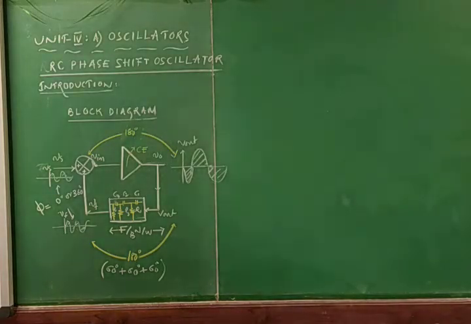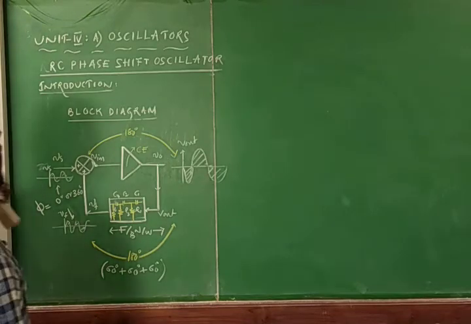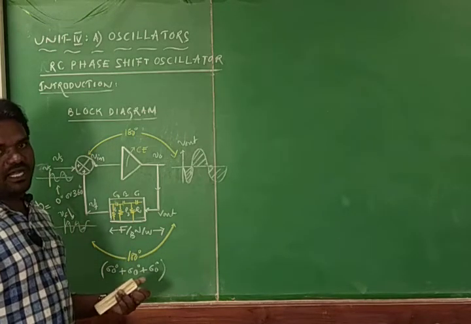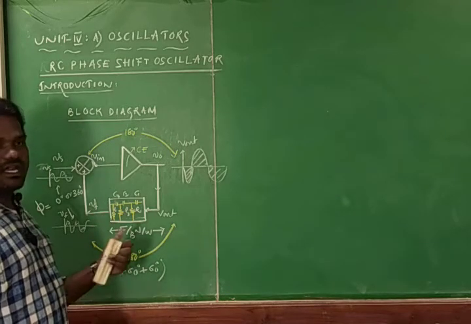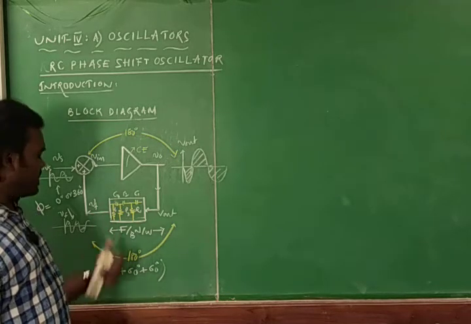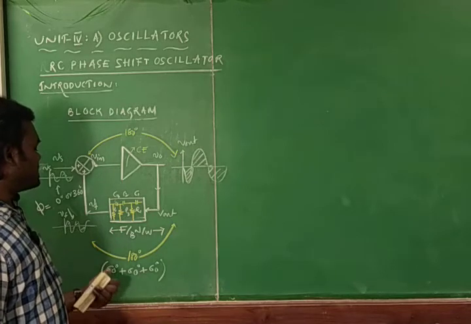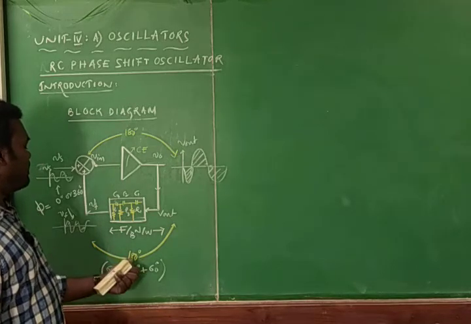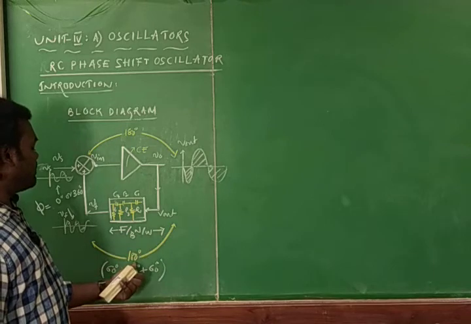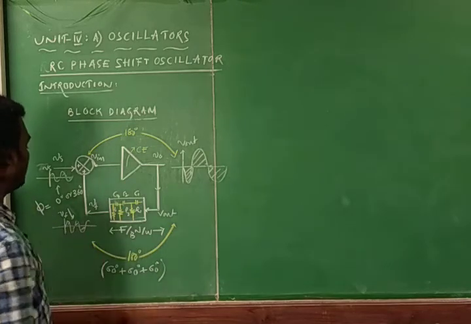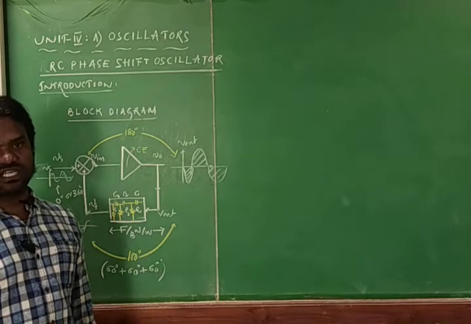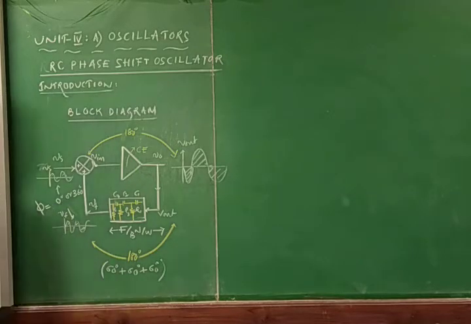180 degrees phase shift. And to meet the requirement of the oscillator circuit, the feedback network has to provide one more 180. This feedback network is designed with three sets of resistor and capacitor pairs, so that each set will provide 60 degrees phase shift, and the complete feedback network will provide the 180 degree phase shift. So 180 plus 180, that will be the 360 degree phase shift it can provide. This is the block diagram of the RC phase shift oscillator.